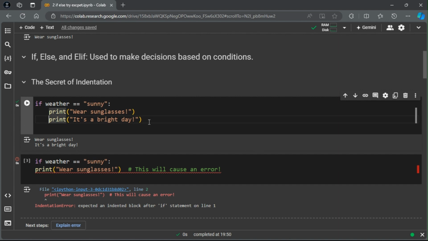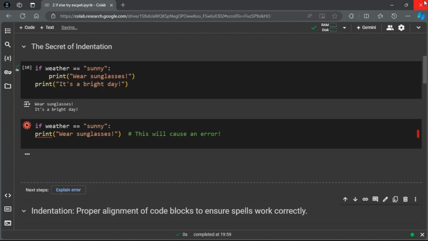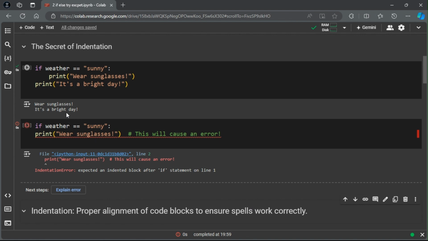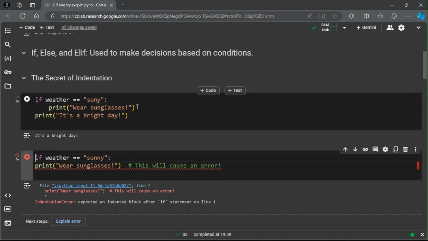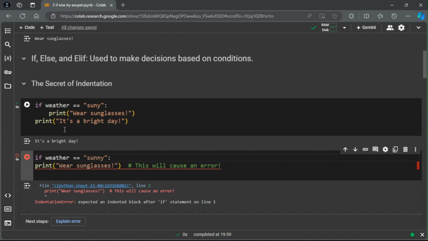So if we run it, we get wear sunglasses. It's a bright day. But if we remove the indentation over here and then rerun it, we get wear glasses. It's a bright day. But if the weather is not sunny, like if we change the string and make it like this, then even though the weather is sunny, it will not say to wear glasses. It will just say it's a bright day because it's a bright day is not inside the if block,